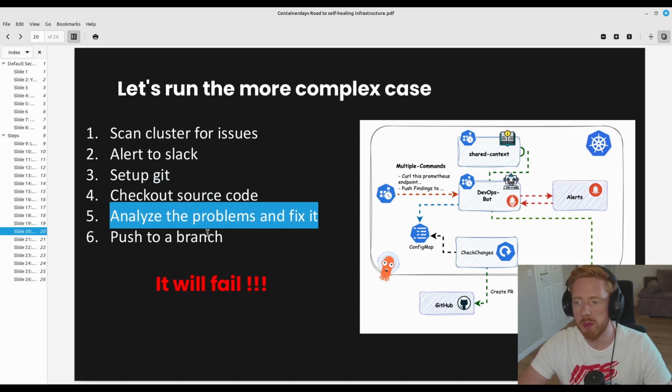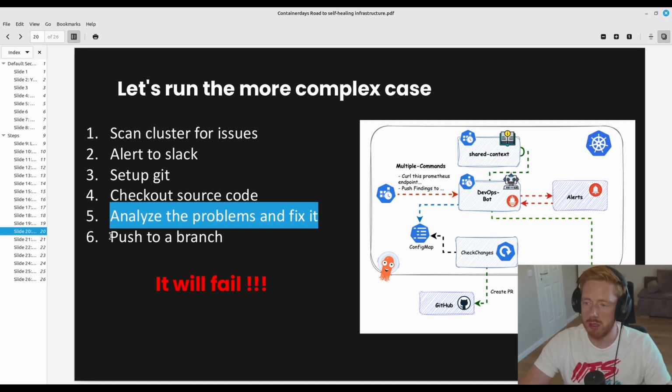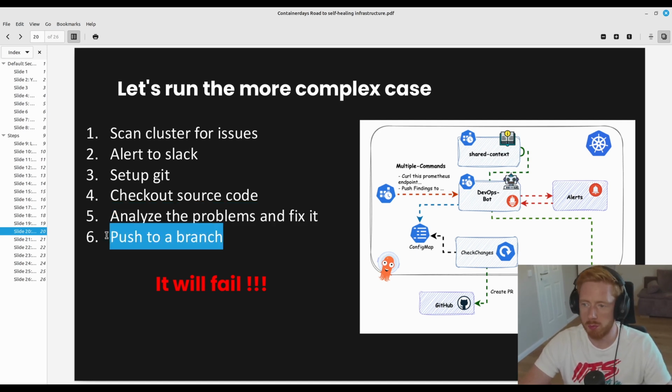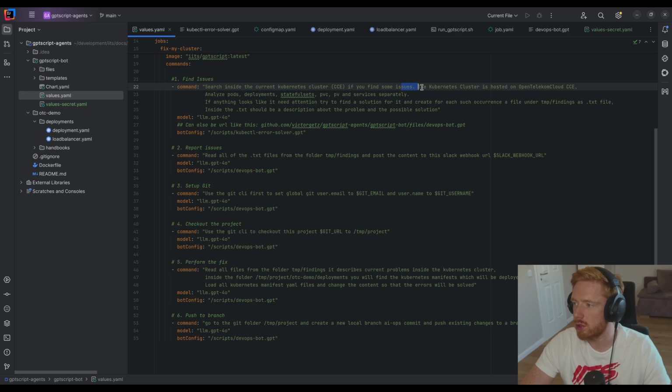Then analyze the problems and fix them. So take a look at all the YAML files, analyze them, and then fix the issue. The last point is to push this to a specific branch where a pull request can then be made. And this should be all fully automated. Search inside the Kubernetes cluster CCE if you find some issues. The Kubernetes cluster is hosted on Open Telecom Cloud. This is important information so you know which kind of Kubernetes cluster is there, because there are specific annotations and all these things. Report the issue, so read the TXT file with everything it has found, and post it to the Slack